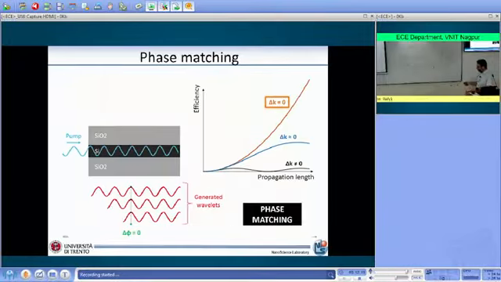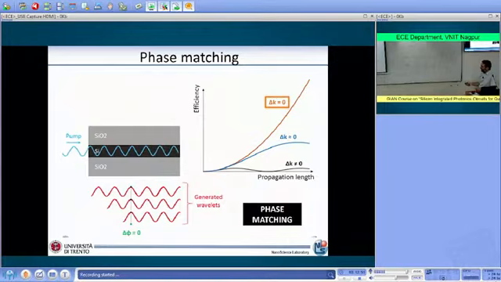Because what I do need is the fact that all the generated photons that are traveling within my sample should have a phase relationship equal to 0 in order to add constructively. And indeed, if I do satisfy this condition, by which delta K, the difference between the momentum of the pump and the generated photon, is equal to 0, then each single generation event